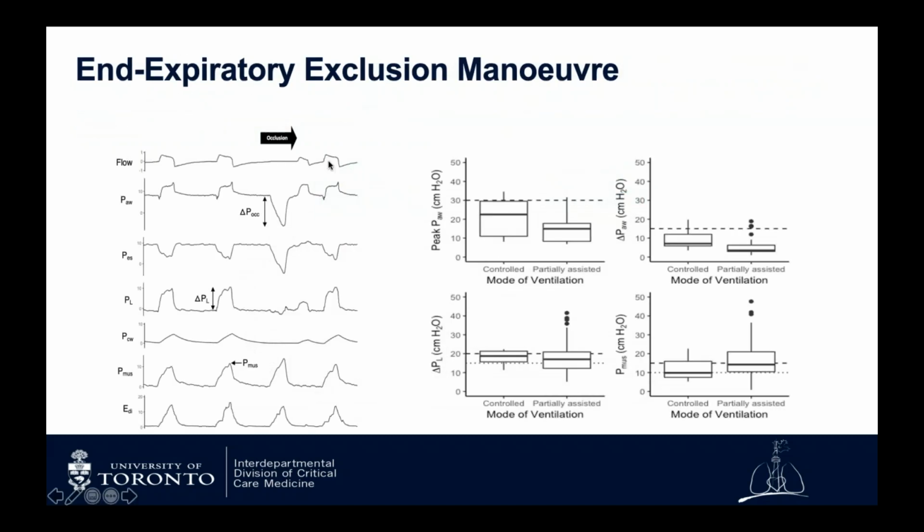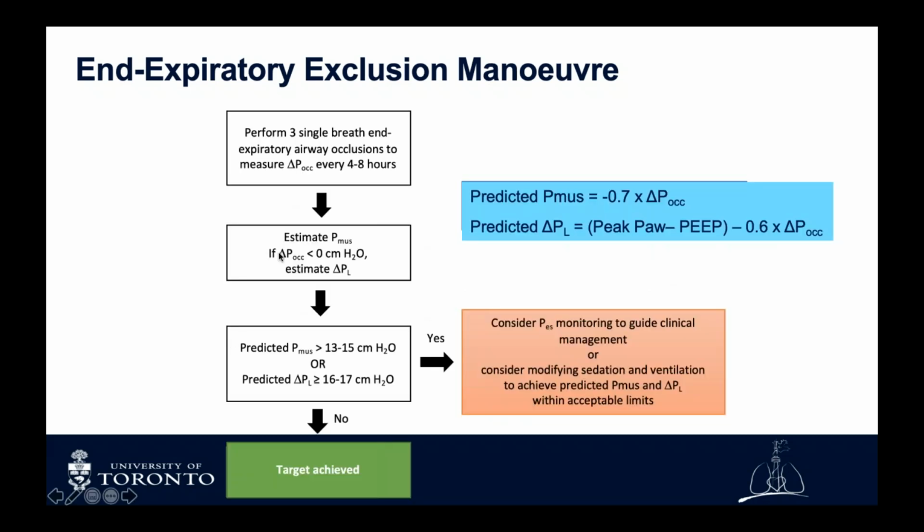You can also measure this directly by doing an expiratory occlusion maneuver, and not just for a tenth of a second, but seeing how much negative pressure the patient's able to generate. Most ventilators can do this either as a stealth negative inspiratory force maneuver. This gives you the occlusion pressure, and that allows you then to multiply that by a correction factor to get your predicted amount of muscular effort that the patient's making, where a normal would be something in the 5 to 10 range.